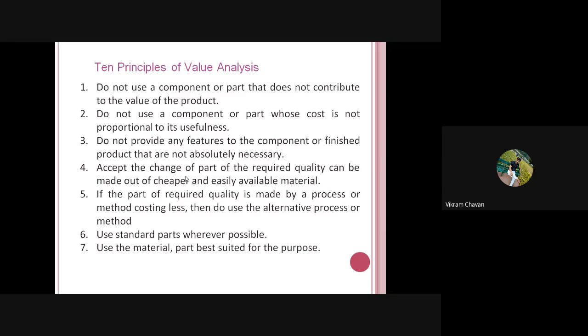which will be useful during the application of value analysis for any of the products, and it will be useful to reduce the cost of the product also. So write down the 10 principles of value analysis. First one,